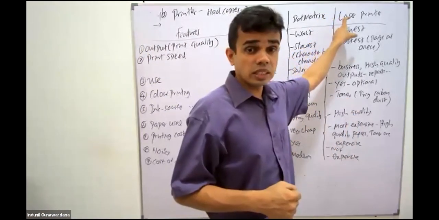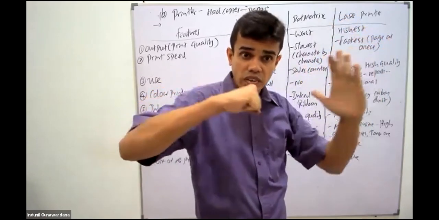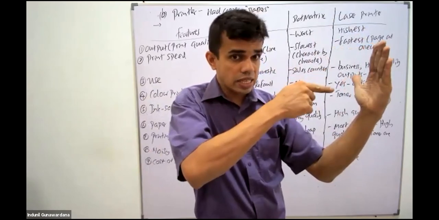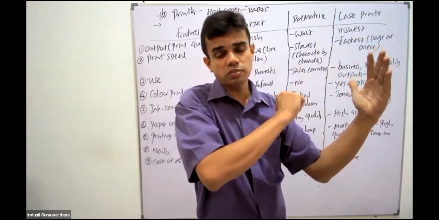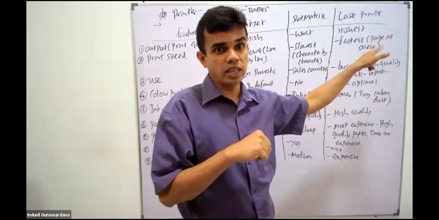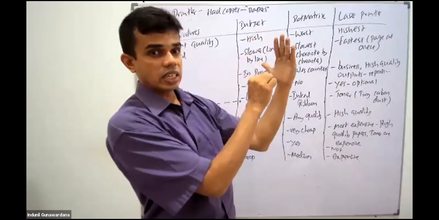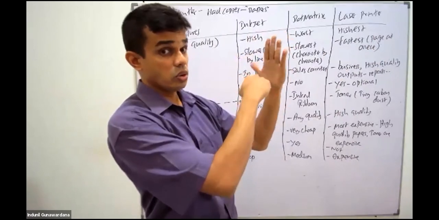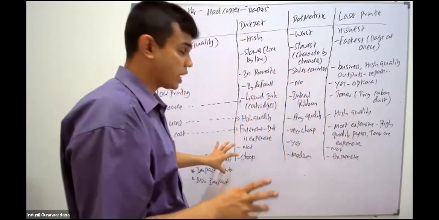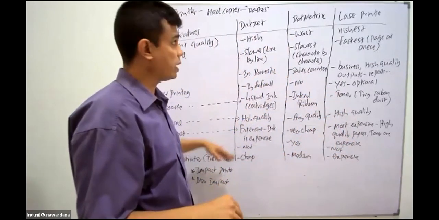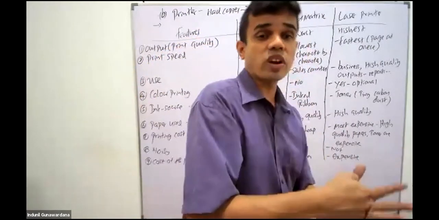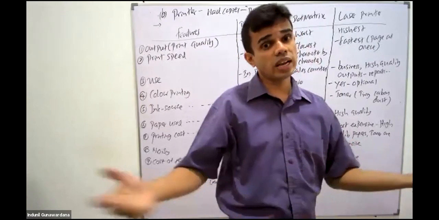In laser, is the head striking on the paper, or just preparing laser and spilling onto the toner? No strike. Non-impact. Even inkjet, head is here, just spraying ink onto it. No touch. Non-impact. Right? So all these printers are in two categories, impact and non-impact. Mainly the dot matrix is the impact printer, where the head strikes on the paper, whereas the others are not.